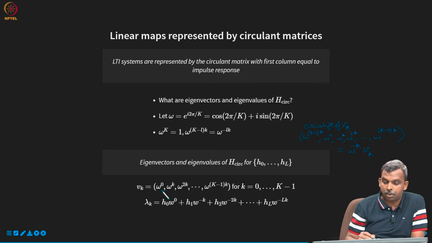Okay, this Vk, because this omega per k is 1, I can define a vector Vk like this, which when circular shifted simply gets scaled. Okay, a circular shift is a scale. So I put omega per minus k because I did a right shift. If you do a left shift, you will get omega per k. Okay, so circular shifts are scalings for Vk,